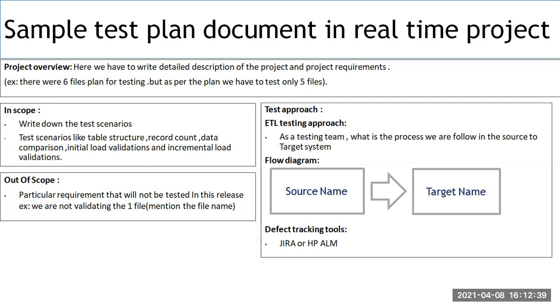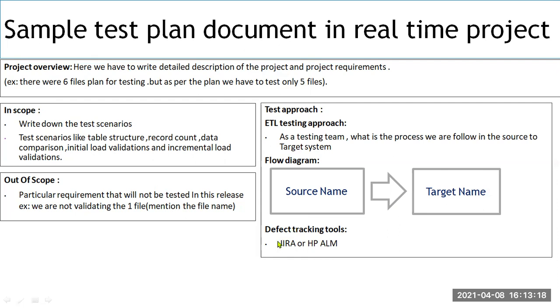Okay, and next one is flow diagram. So here we mention the source name and target name. If we mention, like, the source server name and here the target server names. It's like what databases we are using, what sources, what servers we are using. Let's suppose the source is a file, we can mention the source name as file, the target is a table, then we will update it as table, and we can mention the DB name as well here.